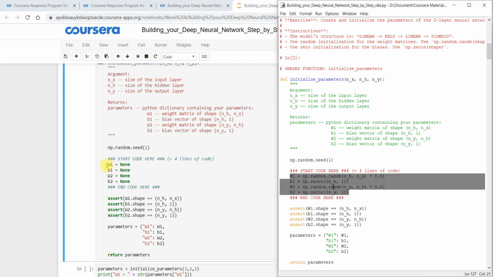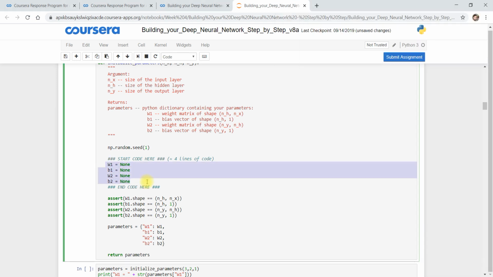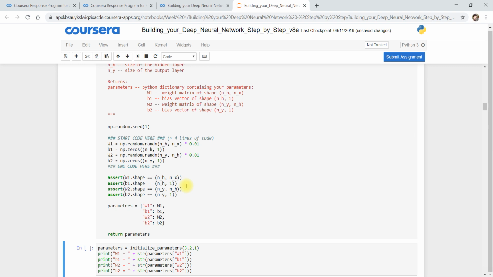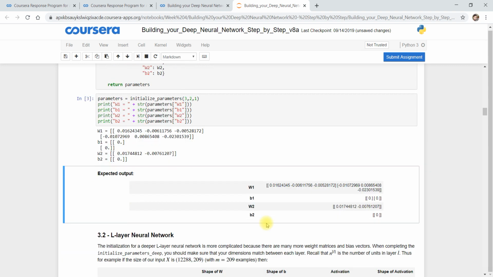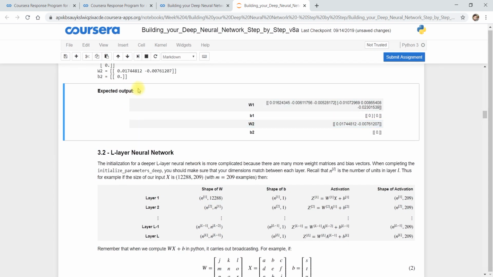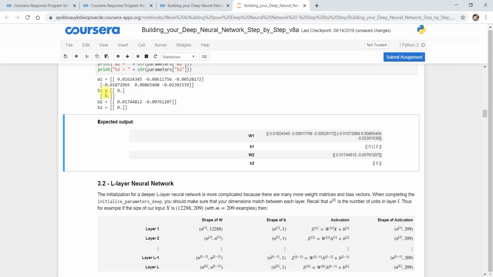Now copy it, paste. So done. This is done. W1. Okay. Now Shift Enter, and here Shift Enter. So you can see here expected and our actual result are the same. Don't worry about this equal to. I have already told you many times repeatedly that you just go for those numerical values.